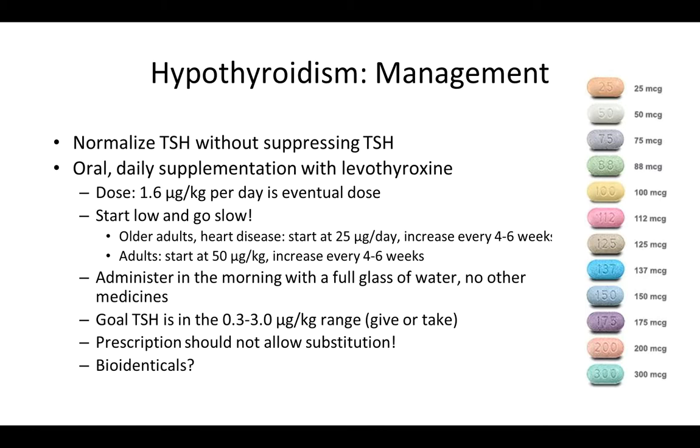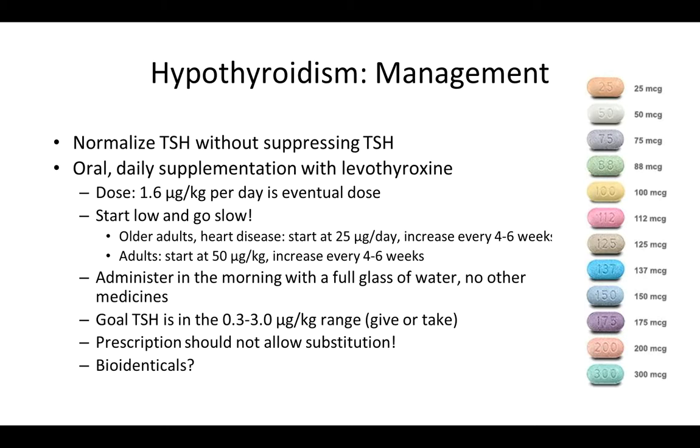There are some bioidentical thyroid hormones, such as Armour thyroid, and most endocrinologists and endocrine societies recommend against these for several reasons. Those reasons being that compounding pharmacies may or may not be very well regulated. Most FDA-approved hormones are sophisticated enough that they are considered bioidentical, made of the same chemical and molecular structure as human hormones anyway. The debate about bioidenticals is really a much bigger debate when we're talking about menopausal therapy, but